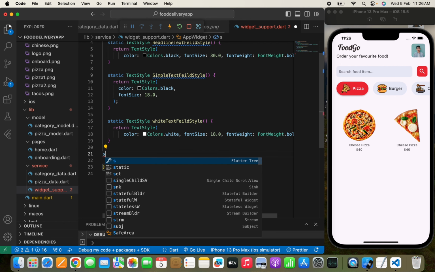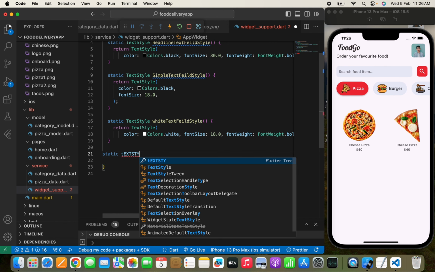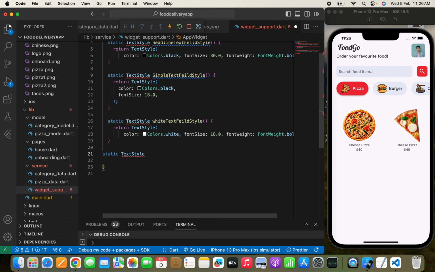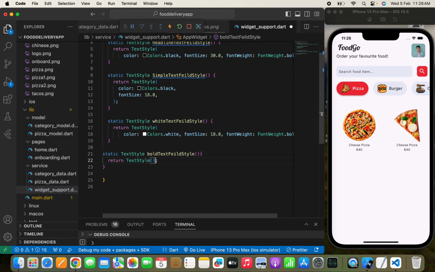Yeah, so I'll just write a static text style, and I need a text in a bold form, so I'll write bold text field style, something like this. And here I'm going to just pass the styling, so I'll just return a text style. And in the text style I just need to first pass the color, which will be the